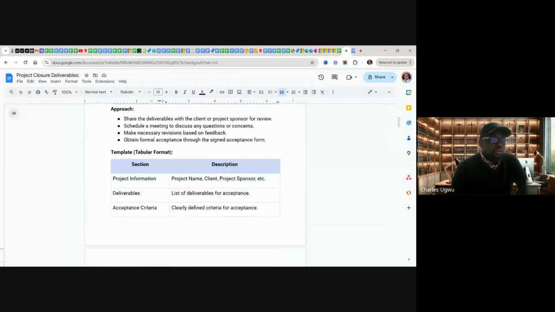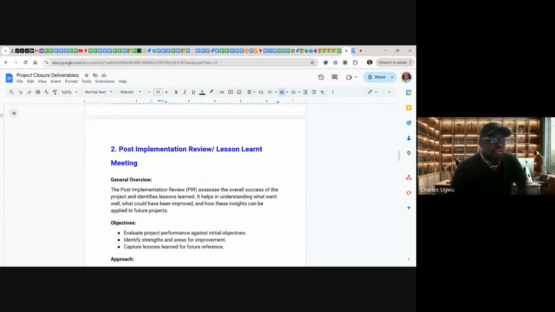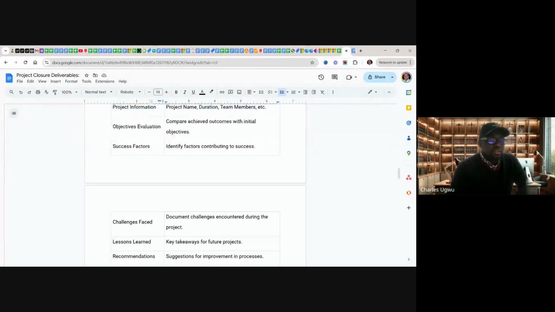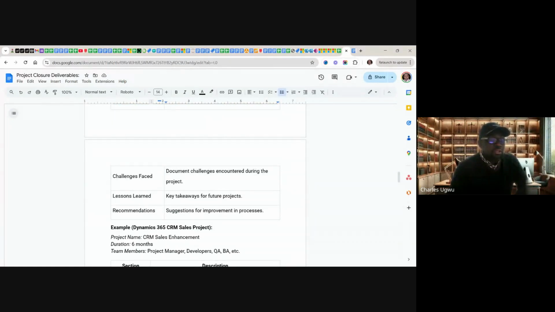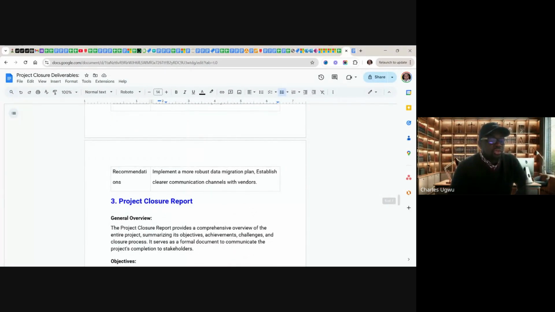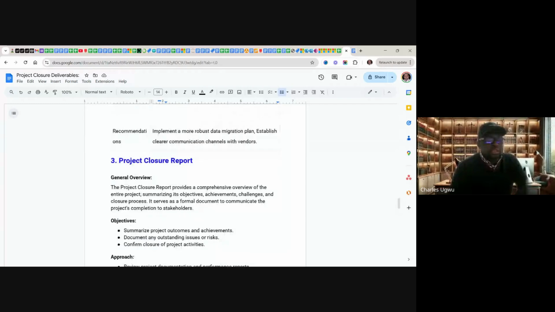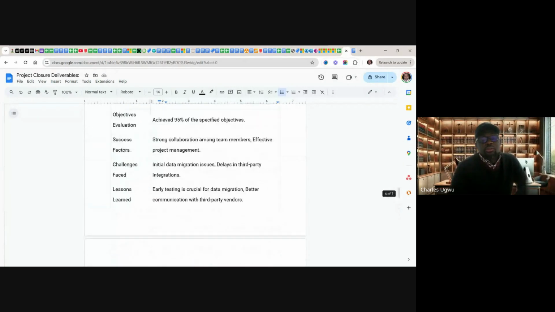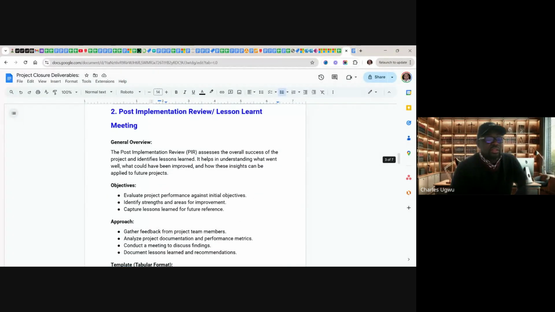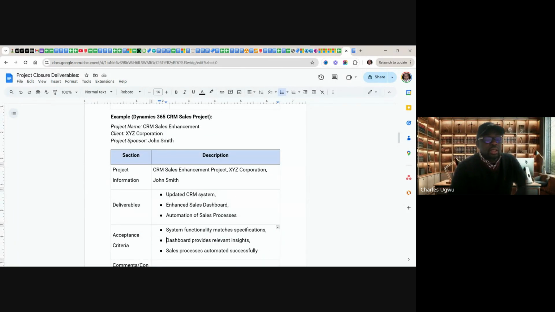In this, I will still have post-implementation review. We've done this in project management. There's no need of repeating it. And these are project manager deliverables, and here the project closure report is a project manager deliverable. We captured it in project management. There's no need for repeating them. So it's the only one in business analysis that we should touch on again,